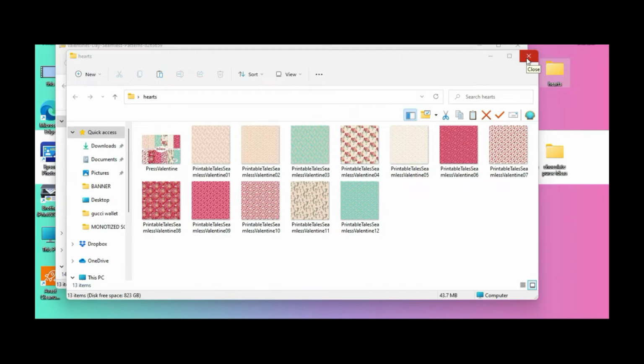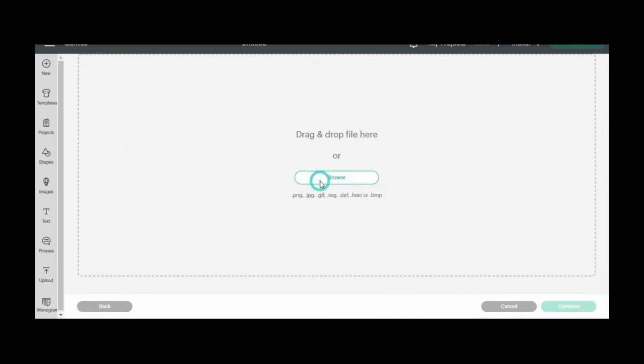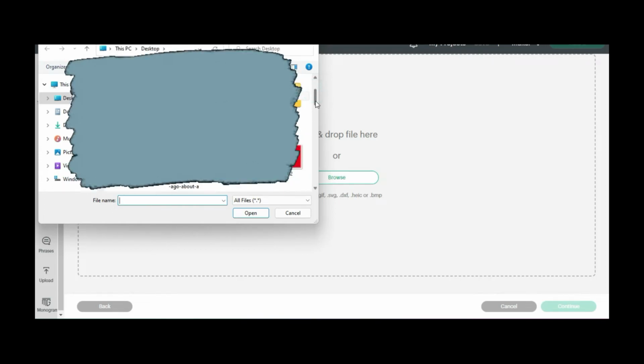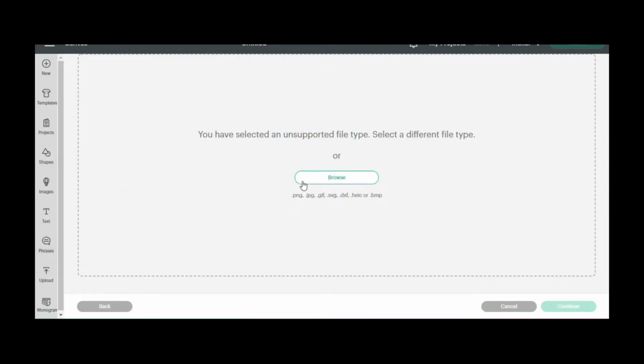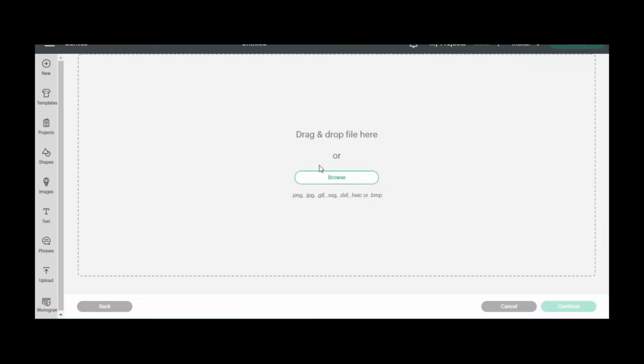And the reason I'm doing that is, let me go ahead and show you. If you're in the Cricut Design Space and you click upload and you go to browse, if you were to search for the folder, the zip folder, which is Valentine's, and you double click, you can't upload anything, and it won't even let you double click to get into the folder to download the JPEGs. So that is why I create a new folder, and I will go back to Cricut Design Space, click on